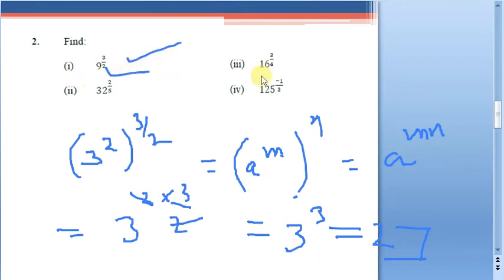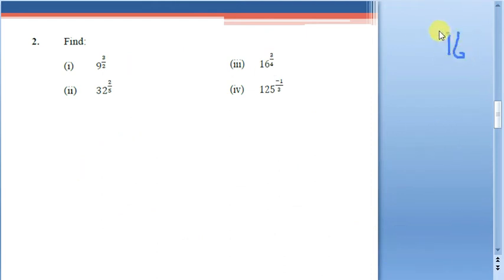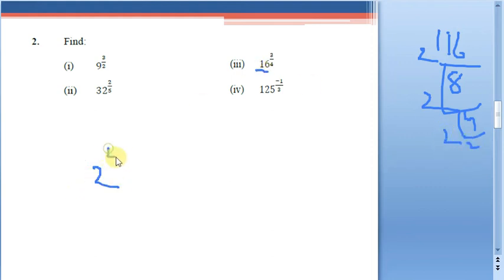So in a similar way, see the second one. So see here, it is going to be 16 power 3 by 4. So how can you write the 16? 16 is nothing but 2 8s are, next 2 4s are, and again 2 2s are. So this 16 can be written as 2 power 4. So 2 power 4, and for the entire thing, what is the exponent there? It will be 3 by 4.